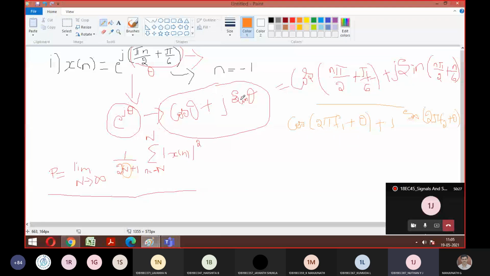Sir, it will be 2 pi n. Repeat once more, your voice broke. It will be 2 pi f n, sir. 2 pi F into n. Why f into n? It is just f1, you won't get any n. Are you telling that 2 pi like this? It was 2 pi f t, yes. Correct? This is what you're telling, right? So here we have to calculate that n. That is what I'm trying to do here.